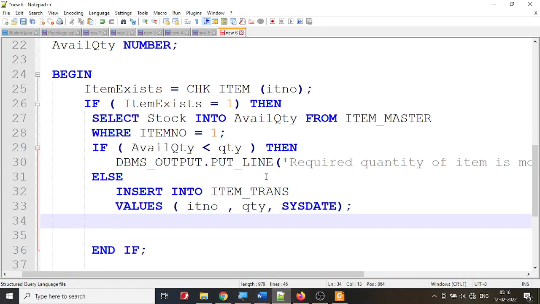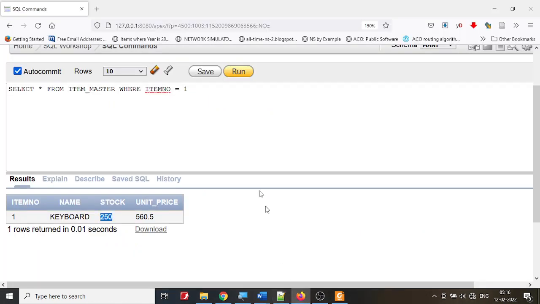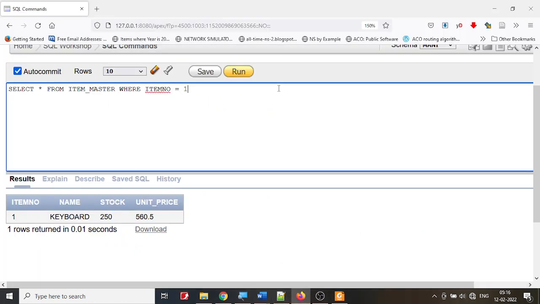How do you do it? It's a very simple thing. How do you, by the way, how do you change this one? You don't say select, you say update